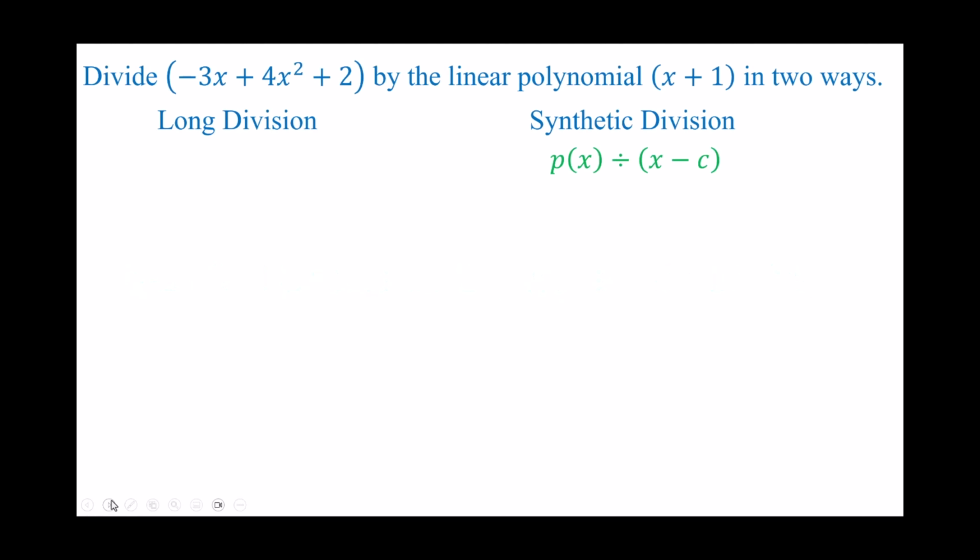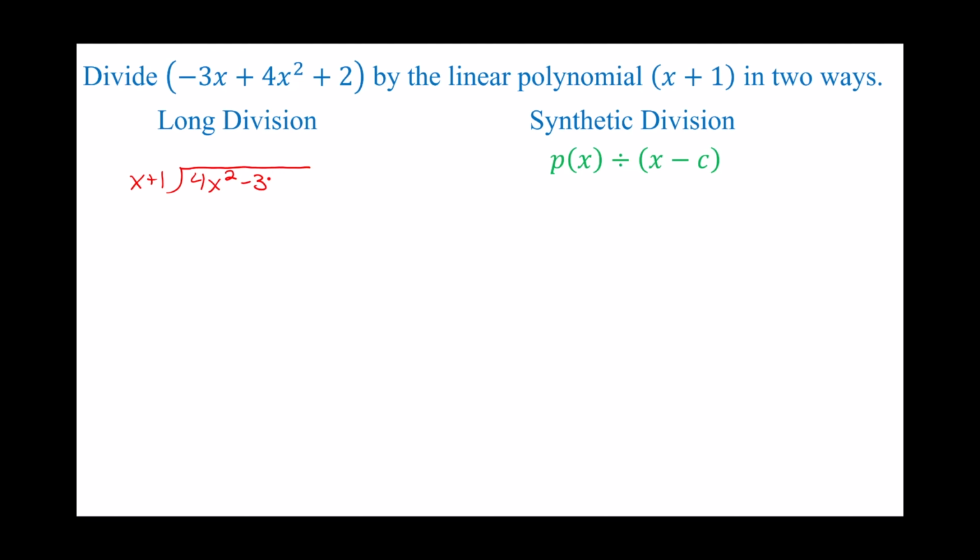Part 2, Understanding Synthetic Division. Let's divide negative 3x plus 4x squared plus 2 by a linear polynomial, x plus 1, in two different ways. We're going to first do long division, and then we'll do synthetic division, and we can see how they are similar. So first long division, we have x plus 1 into, I'm going to write this in the descending order